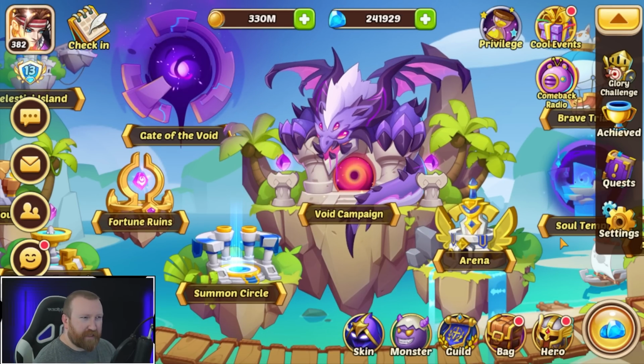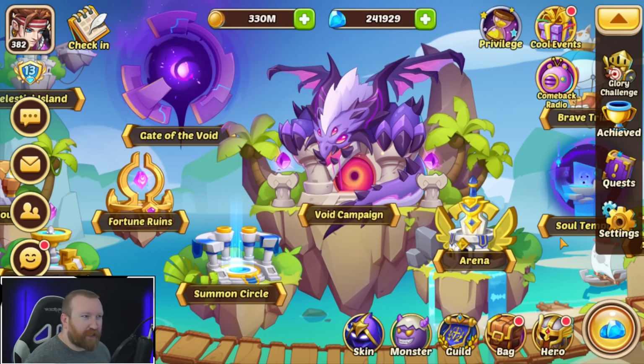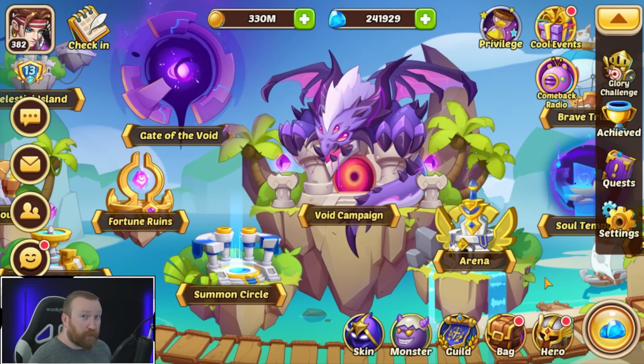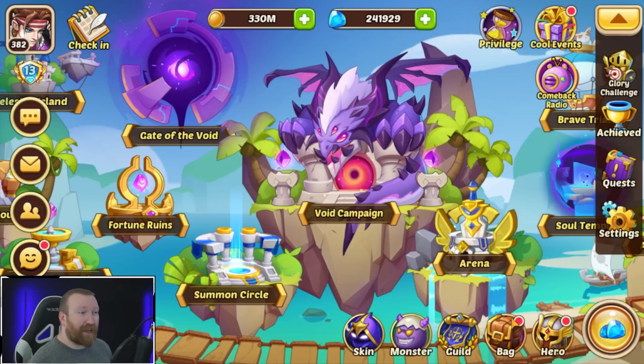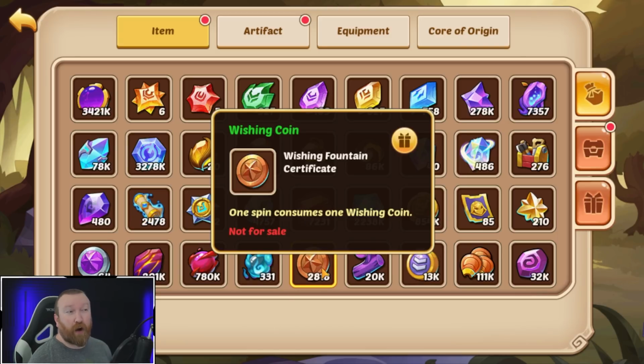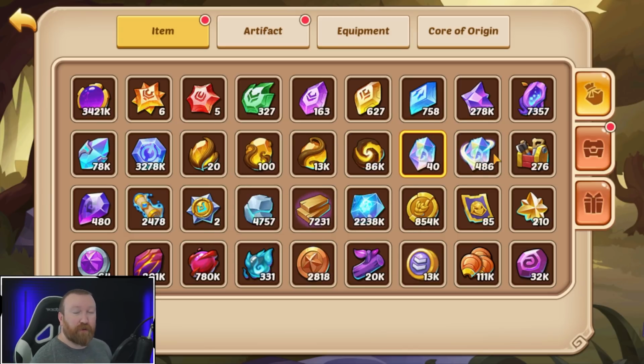I think one of the biggest mistakes some new players can make, and this is why I'm listing this first in the video, is simply using your resources improperly, not spending them at the right time. There are so many different event currencies nowadays. There are heroic scrolls, there are profit orbs, there are wishing coins. Now there's even starry gems and contract starry gems, and if you use them at improper times, you're actually hurting